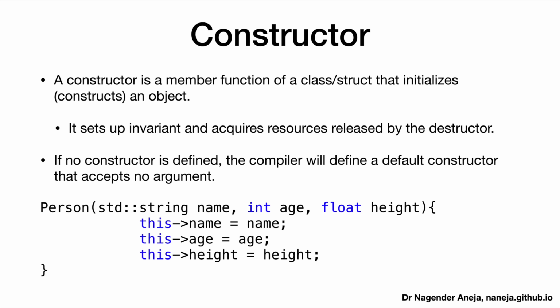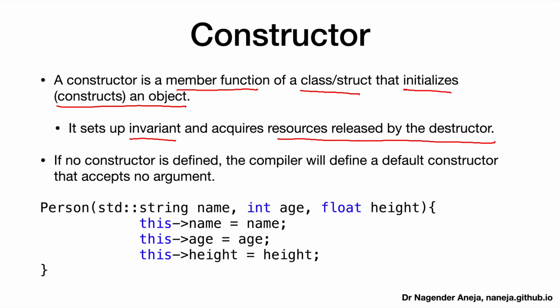Constructor. A constructor is a member function of a class or a structure that initializes construction. Now, what do we mean by initialization? It initializes, or constructs, an object. It sets up invariants first, so it enforces certain rules and acquires resources released by the destructor. It will acquire resources like allocating memory to that object, and then that memory will be released by